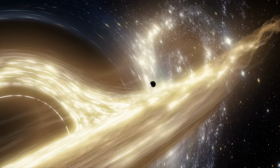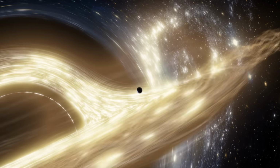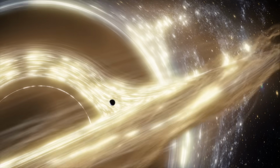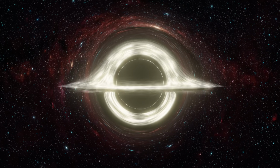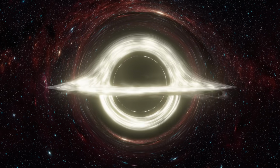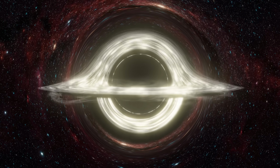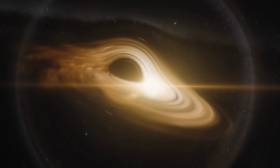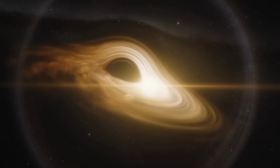Yet, even with all this progress, sometimes the most remarkable discoveries are the ones that have been overlooked right in front of us. Recently, astronomers made just such a revelation, a hidden population of massive black holes residing in dwarf galaxies, hiding in plain sight. This discovery not only expands our knowledge of how galaxies evolve, but also sheds new light on the very nature